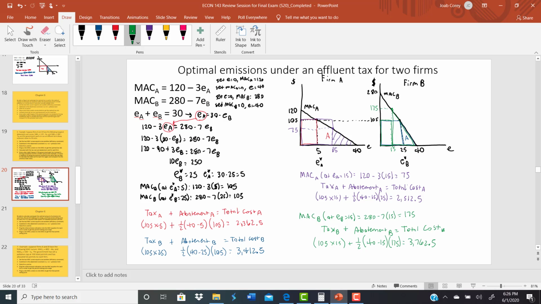So when the government gets a little too heavy-handed here, in terms of saying not only do you have to pay a tax per emission, but instead of you deciding how much you want to emit under this optimal effluent tax, we're going to decide for you how much we want you to emit and say split it equally, versus allowing these firms to emit pollution at their optimal rate, then what you're going to have is higher costs for both firms, but you're still not going to have a cleaner environment because both firms are still emitting 30 total units of pollution. So in other words, our level of pollution hasn't changed. We just made it more expensive for these firms to comply with this